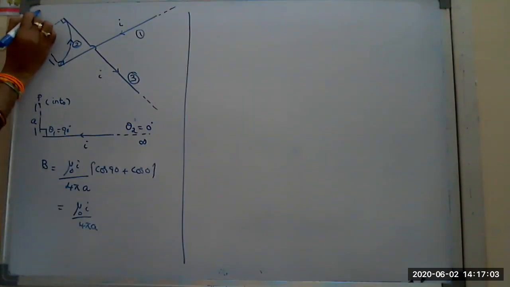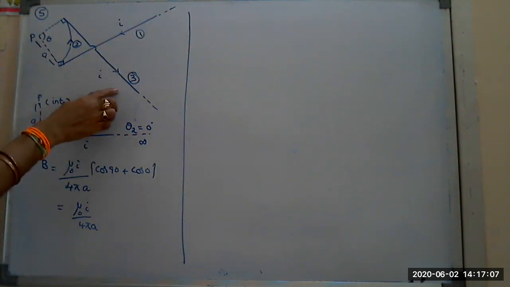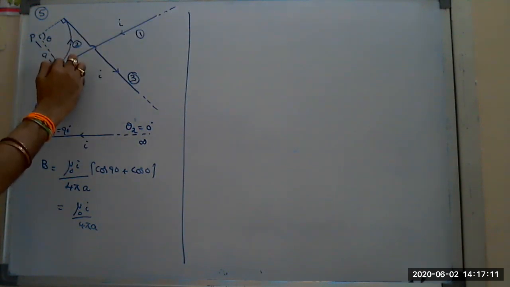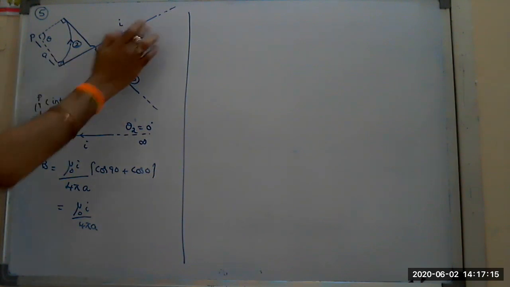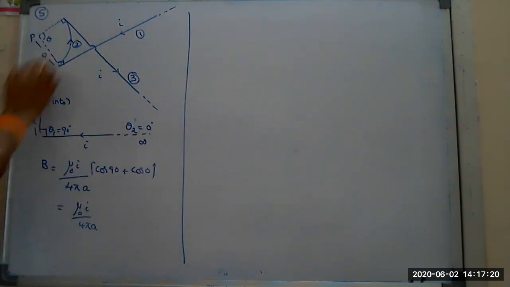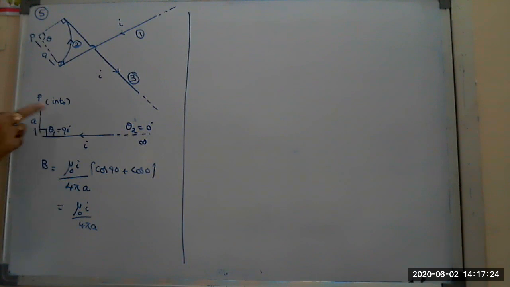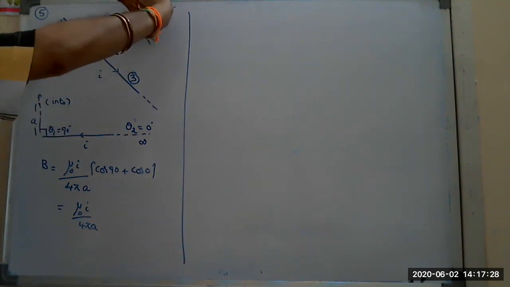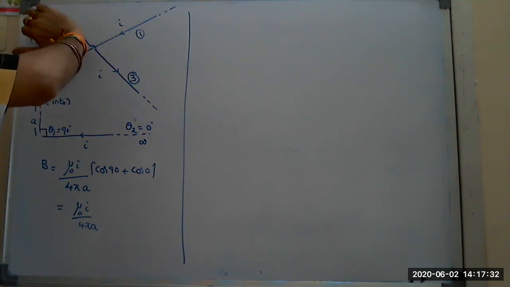This is the fifth question you asked. In that problem, he gave two infinite wires. But look, the other end is exactly making an angle of 90 degrees. Such wires are called semi-infinite. So 1 and 3 are semi-infinite like this. One end is infinite, the other end is at the point making an angle of 90 degrees. For such a wire, depending upon the direction of flow of current, we have to find out the magnetic field.